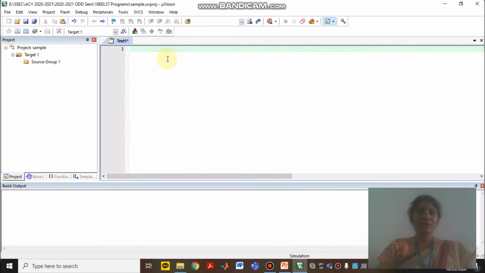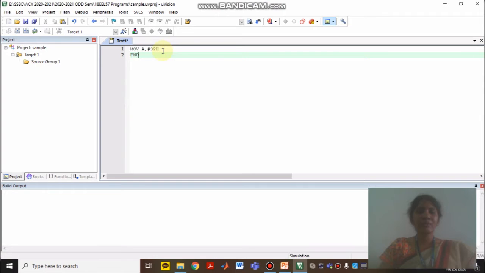Here it is not case sensitive, so you can use any case, either uppercase or lowercase. For example, here I am going to give MOV A, comma, hash 32h. If I give it like this, the hash means it is going to be your immediate data. So in the accumulator, I'll be seeing this 32h. Once your code is written, you can type END.